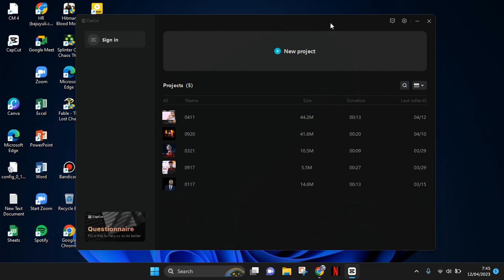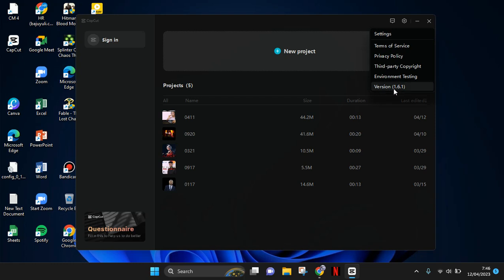On today's tutorial, I'm gonna show you a simple tutorial on how you can find out the current version of CapCut PC that you are using. So first, you just need to open the CapCut apps. Here I've already opened mine, and then just go to settings at the top here. And when you click on that, you'll find the current version that you use or that I use, which is